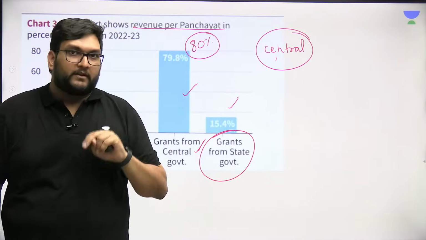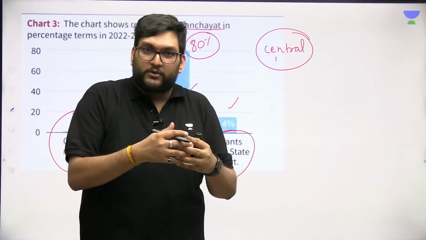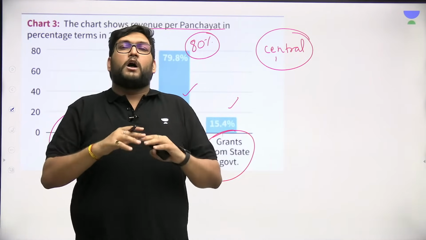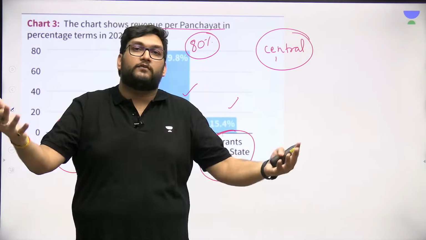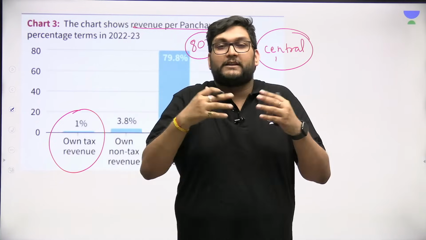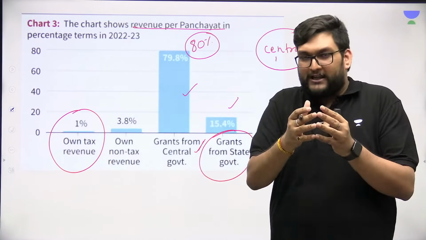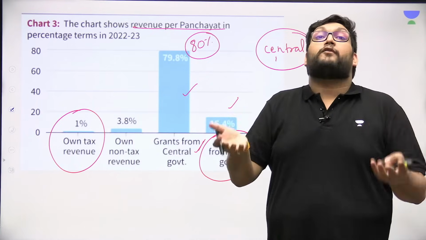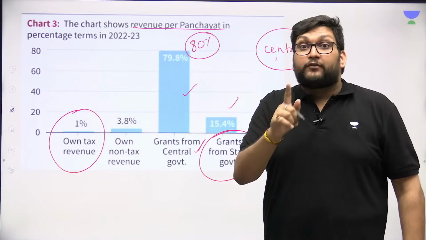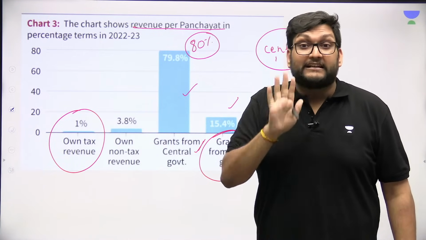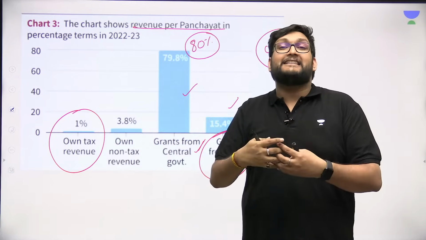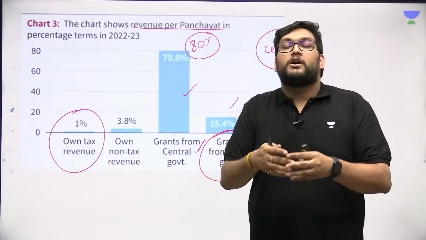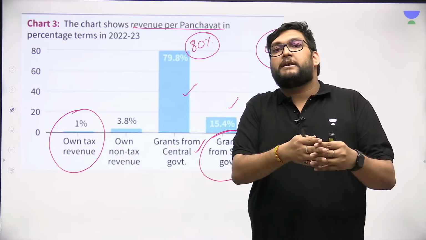For two reasons. First, you can get a trends-based question in the prelims examination saying that most of the revenue, or it can say majority of the revenue of the PRIs or what we call as panchayats are from state sources. No. Are from their own sources. No. Are from central sources or from the center itself. First. Second, in the mains examination, again I have a question for this, is how the autonomy, the independence of